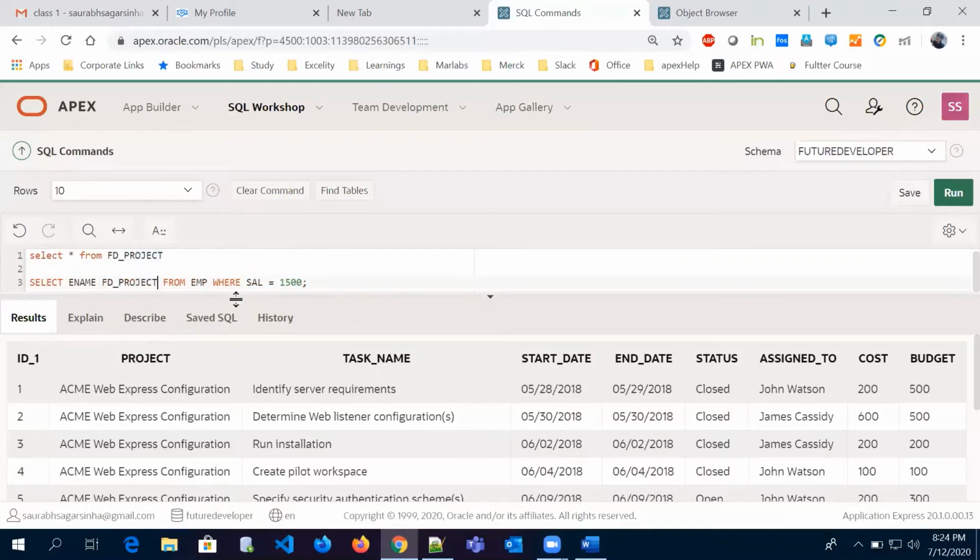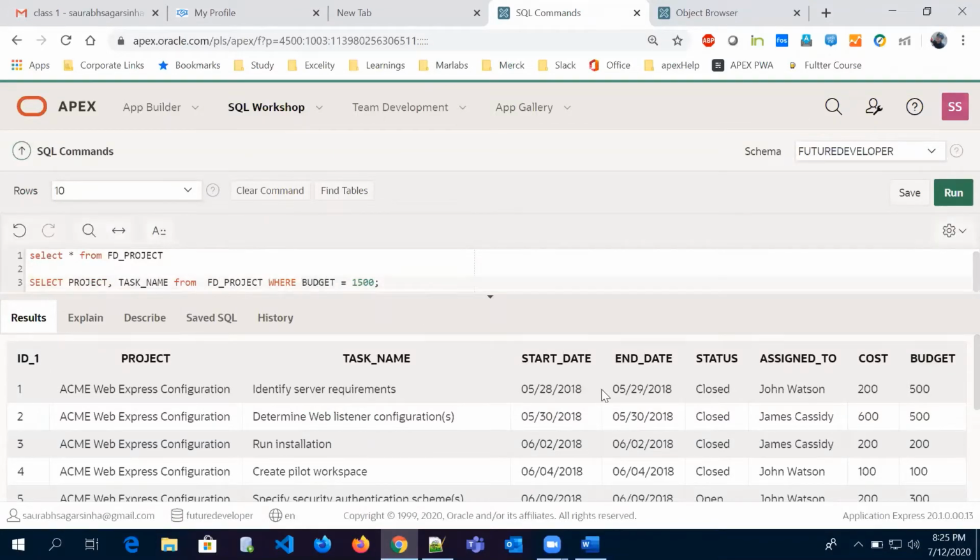Here we have written select ename. So we will select project name here, and we can select one more column, task name. So we have these two columns, and then from this table, from FD project, where we'll check budget, not salary.